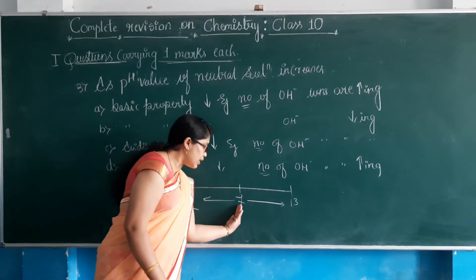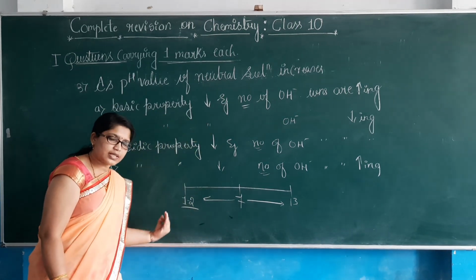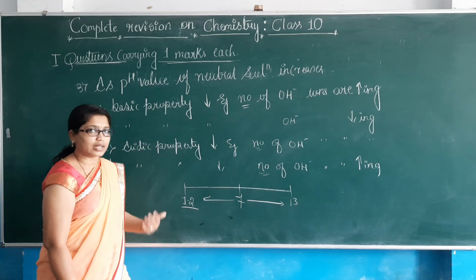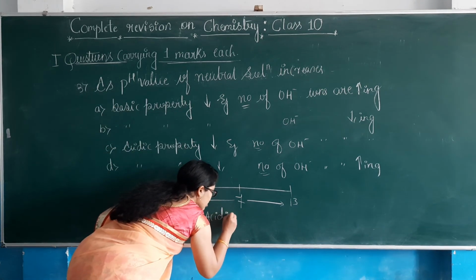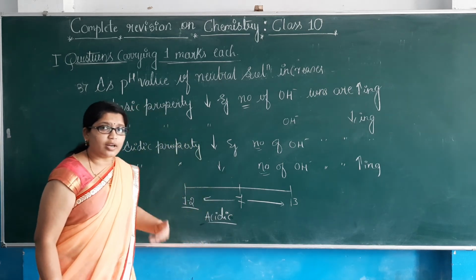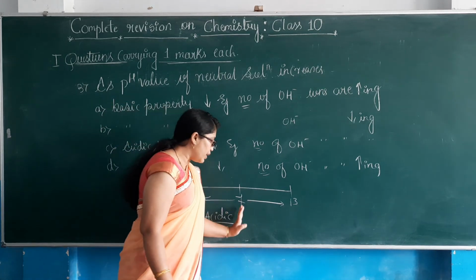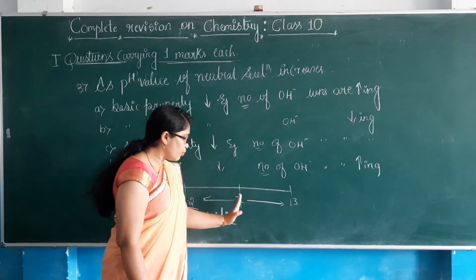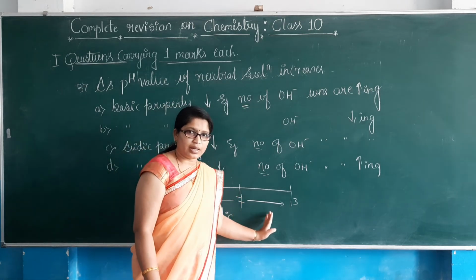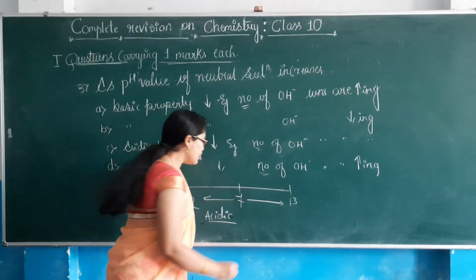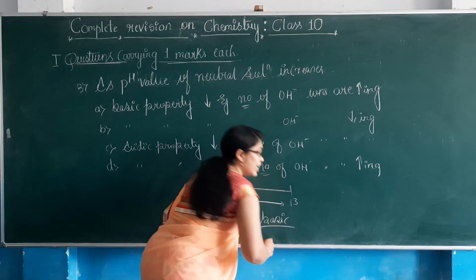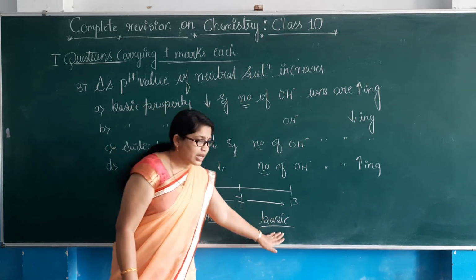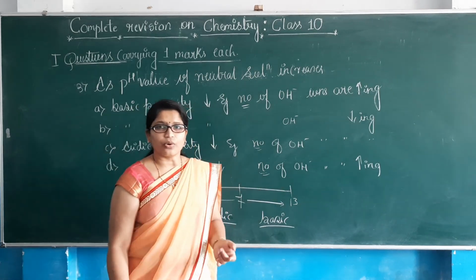When the pH decreases from 7 toward the left hand side, we can call them acidic solutions. They are becoming more and more acidic. But when the pH is increasing as it is moving from 7, 8, 9, 10 and so on, we can say the basic nature of the solution is increasing. When the basic nature increases, what does it mean? OH